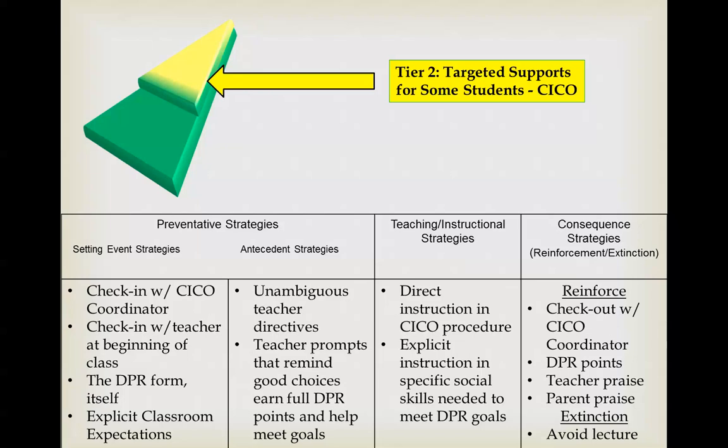So the daily progress report usually goes home to the parents, but more importantly, it's used to collect data so that we can see if the student is on the correct check-in, check-out plan, and that it is actually working for the student. So within 3 to 5 days, you'll have different data points where you can see whether or not the plan needs to be changed or modified based on how the student's responding. Right? The student gets quantified feedback on the extent to which they met their goals at the end of every period, usually on a 0 to 3 scale.